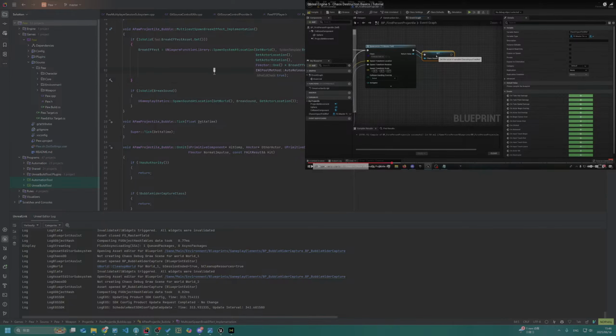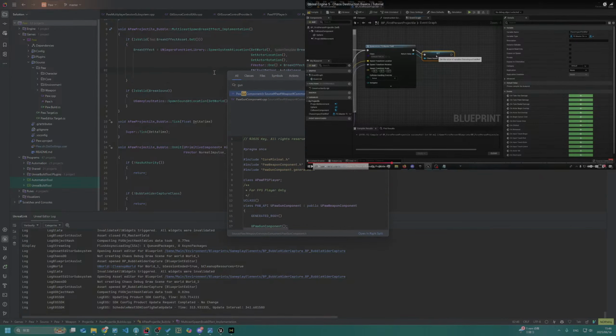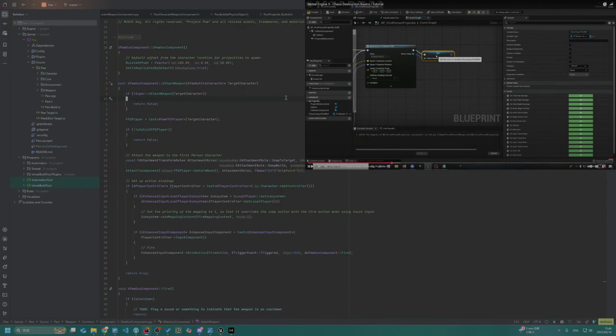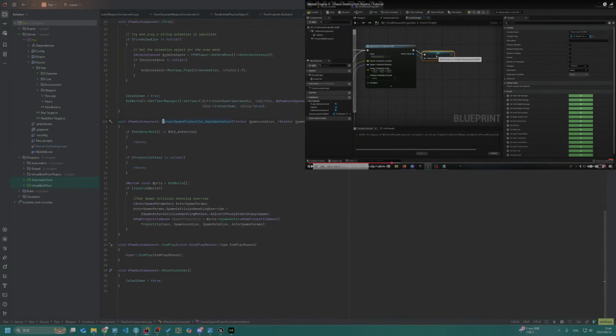So whenever the gun shoots, gun component spawn. Ah, it's a server spawn. Oh, that's a question. Multiplayer issue.